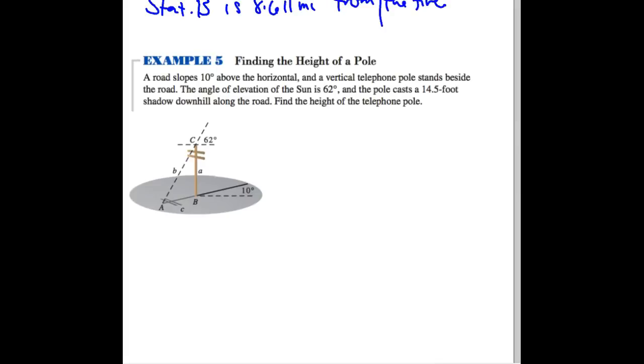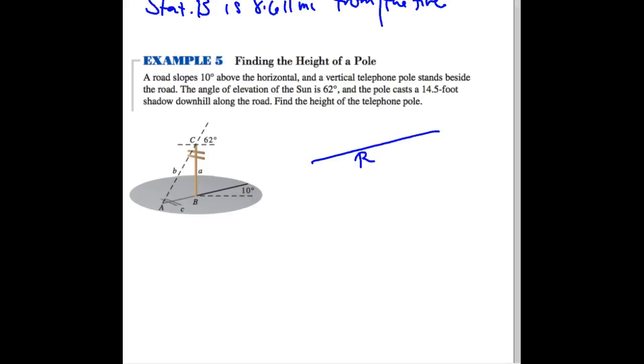Example 5. It says a road slopes 10 degrees above the horizontal and a vertical telephone pole stands beside the road. The angle of elevation of the sun is 62 degrees and the pole casts a 14.5 foot shadow downhill along the road. Find the height of the telephone pole. Okay, now we have some issues because the road is not horizontal. Okay, it's at a slight angle. So it says it's angling up like this. So if your telephone pole,